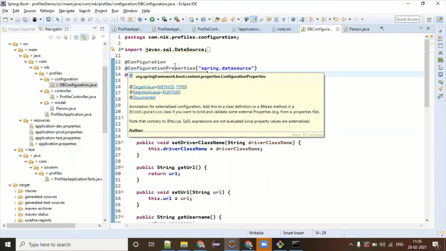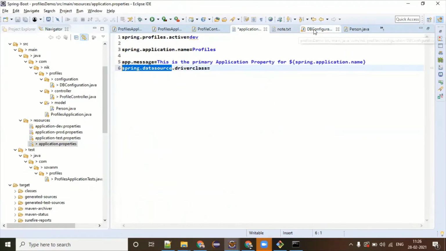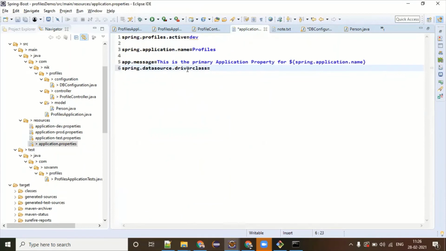I hope it's clear, or do you want me to discuss this further? I understood. Right now we don't have anything with spring.datasource. Exactly, it is not there, and that is the reason we are not using these properties. We are not having @Value. After that, you have to put @Value and whatever key you specified there, spring.datasource.something. In fact, you don't need to give the complete path, because you are saying load all properties which start with spring.datasource, and after that you can just give the driver class. That's my guess, I think that should work. Makes sense? Yeah.